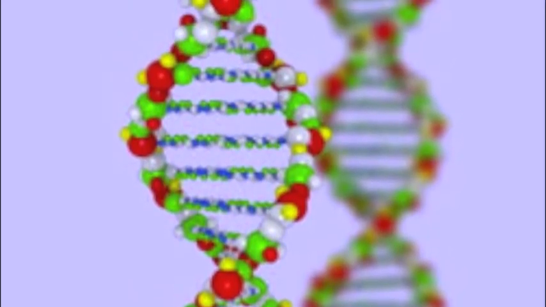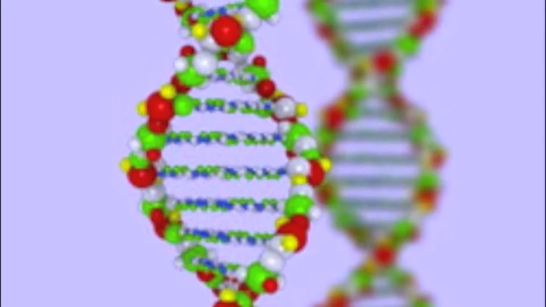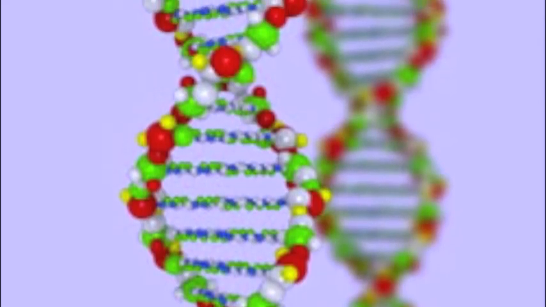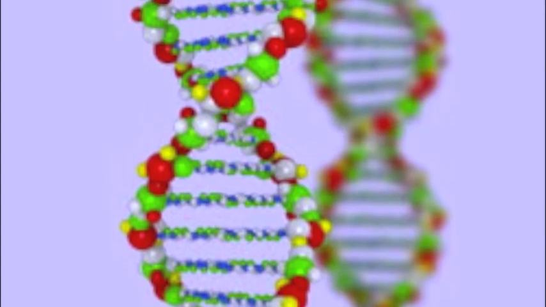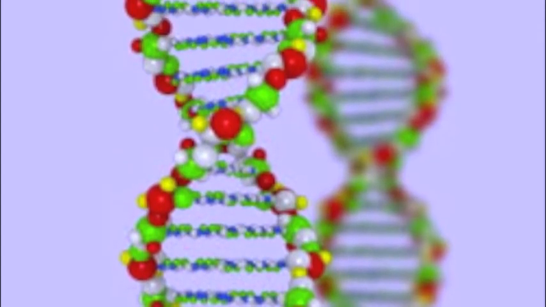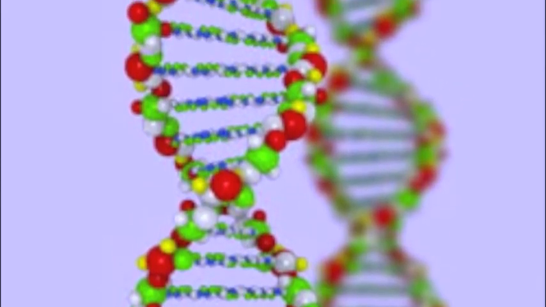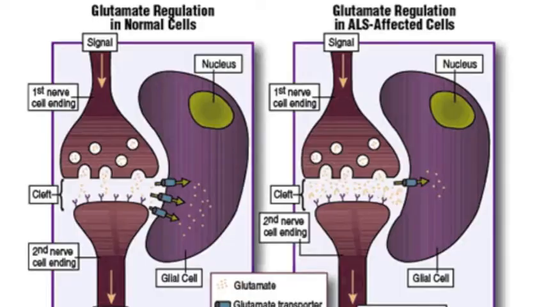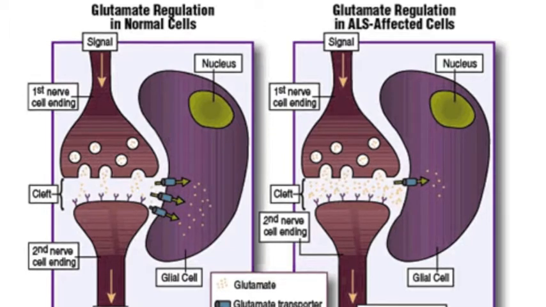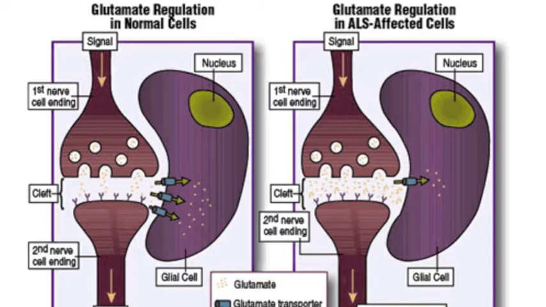When a mutation is present on the SOD1 gene, this leads to the destruction of neurons around the spinal cord, which controls muscle movement. Mutations in this protein lead to organisms developing progressive motor neuron degeneration, which leads to ALS. Another important factor in the cause of ALS is the role of glutamate. Glutamate is a neurotransmitter in the brain and has recently been shown to play a role in motor neuron degeneration. Individuals with ALS have been shown to have higher levels of glutamate in the serum and spinal fluid.